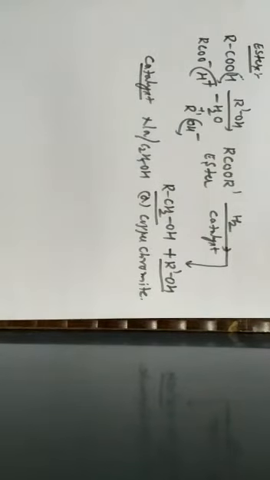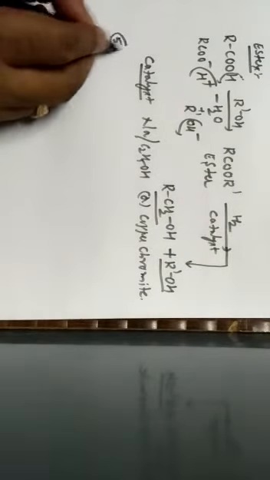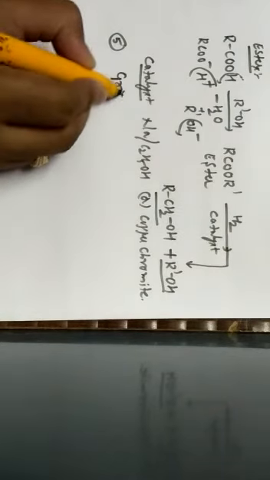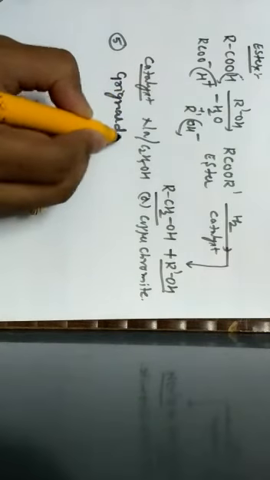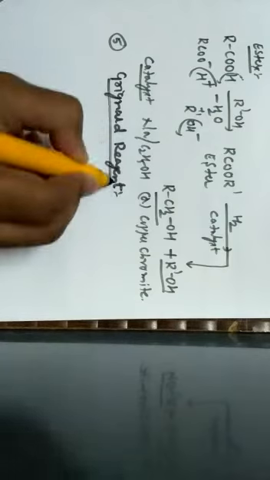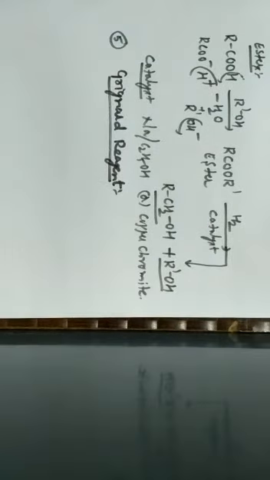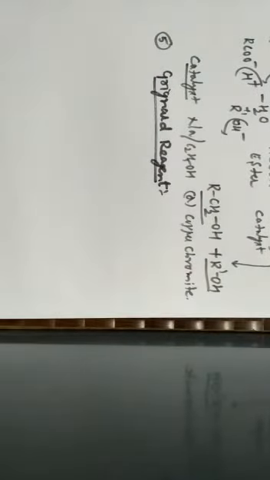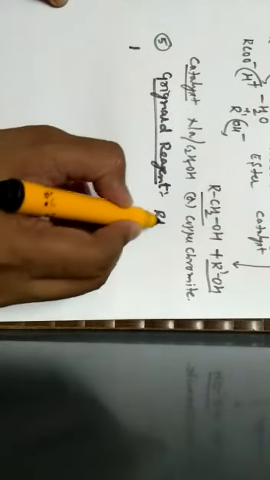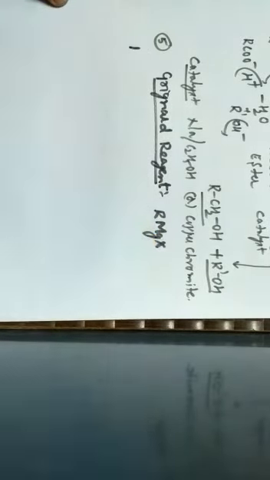So the fifth method of preparing an alcohol can be discussed by utilizing a reagent called a Grignard reagent. So here the other method is by using a reagent called Grignard reagent. Here two vital pieces of information should be known about Grignard reagent. So when it comes to a Grignard reagent, it is generally represented by RMgX.